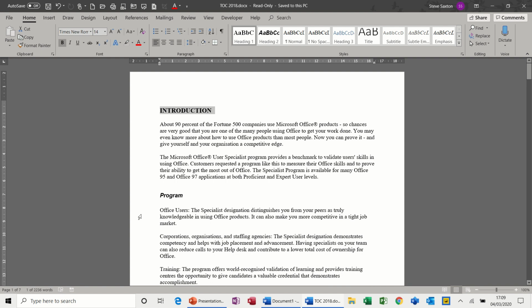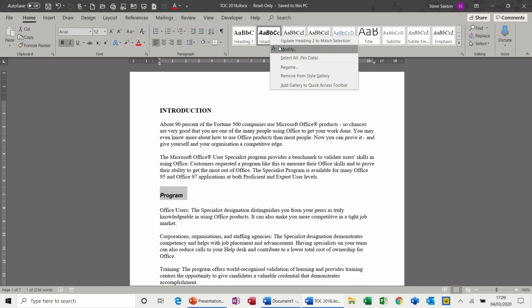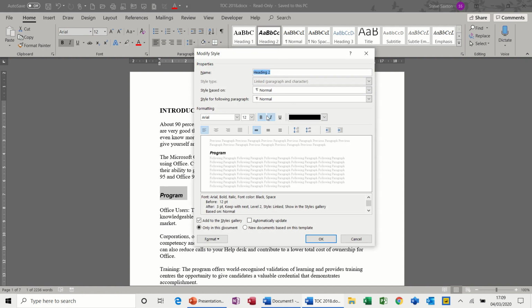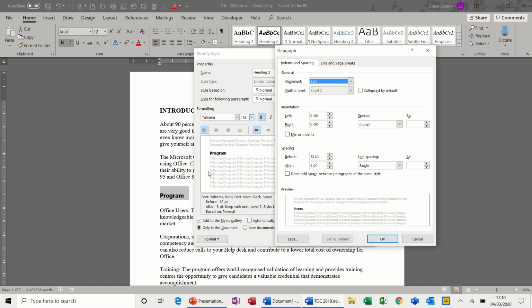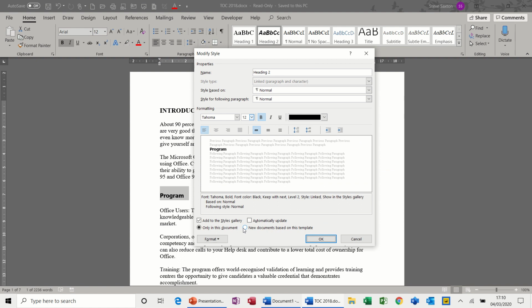Now if you don't like the default style, say you don't like that heading style 2, you can right click, go back into that modify option and change it to be, for example, not italic, so take the italic off. 12 points okay, but let's change the color to black, that's okay. Spacing before, no, let's take that off, go into paragraph, take that off and take that one off. Everything else is okay, click OK to that. This time new document and automatically update any heading 2s in this document,